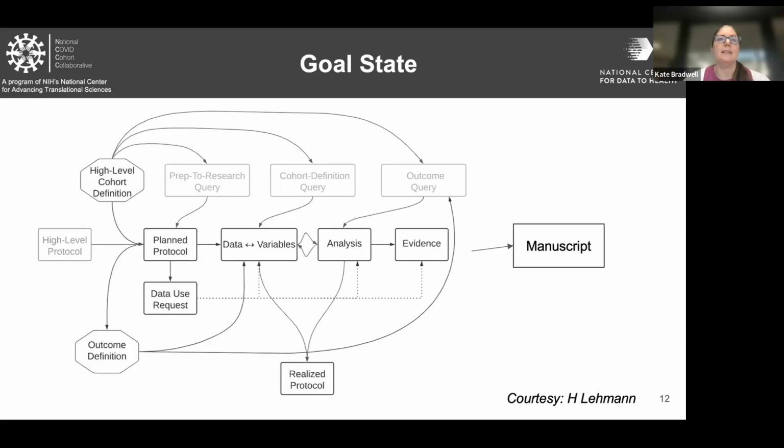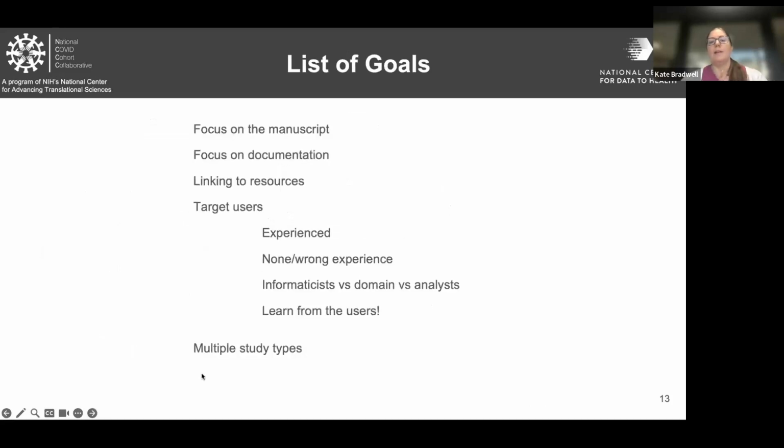We also have things like descriptive research papers for observational EHR. You have analytic, cohort, case control, cross-sectional studies. So we really wanted an interface that didn't exclude anyone for just the particular study type they're trying to perform. So as I mentioned, trying to be as broad as possible in terms of the study types dedicated for,